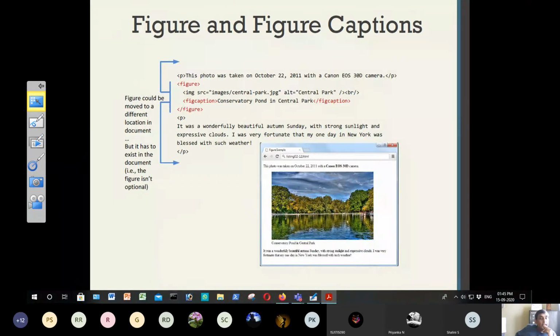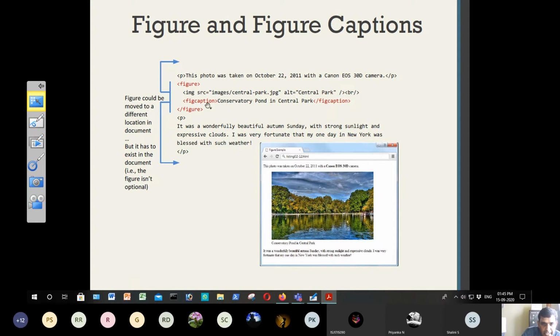So now try to see the use of figure and figure captions. There is a paragraph: this photo was taken on some date in 2011. Then we have used the opening and closing figure tags. Within figure we have included an image using the image tag with its source.